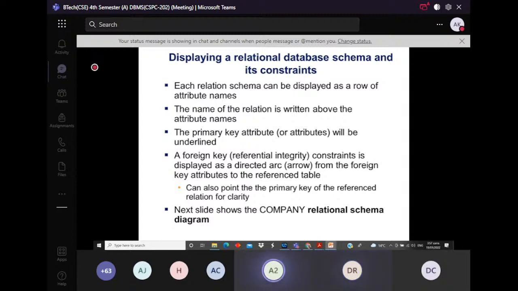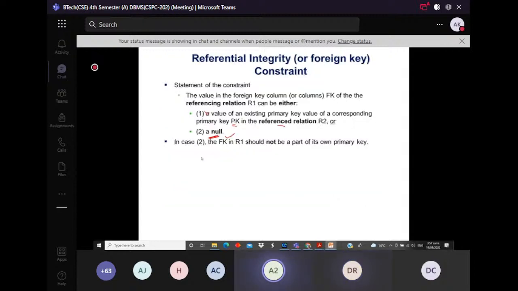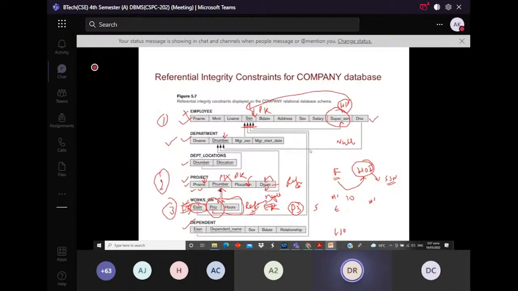So you can see now this thing. In case 2, a foreign key in R1 should not be a part of its own primary key. तो अगर यहाँ पे नल है तो यहाँ पे ये प्राइमरी की का एट्रीब्यूट नहीं होना चाहिए।